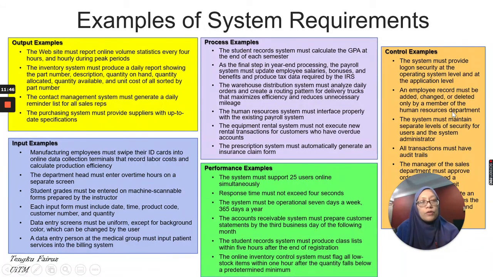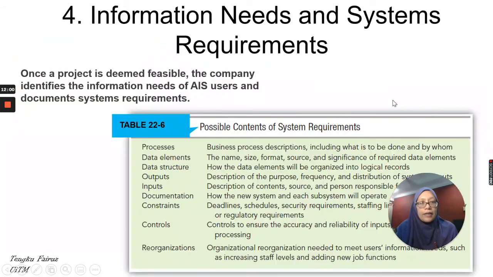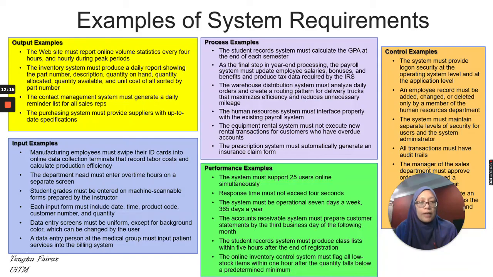So this one you can also relate to what you had learned in internal control in AIS 615. So those are examples related to the requirements for output, input, process, performance, control, and so on. Okay, so they need to find out the needs of the users, the system requirements. Actually this system requirements part and users needs is a very crucial part in the system